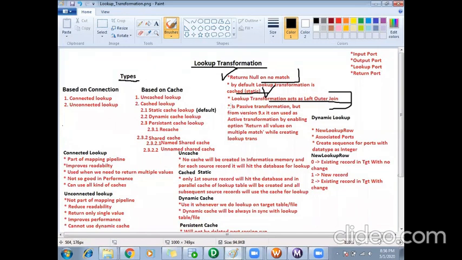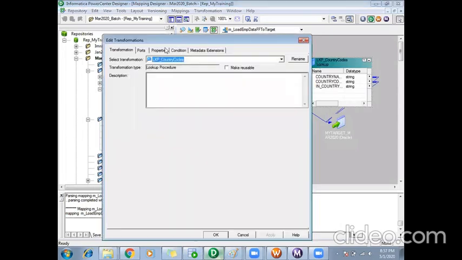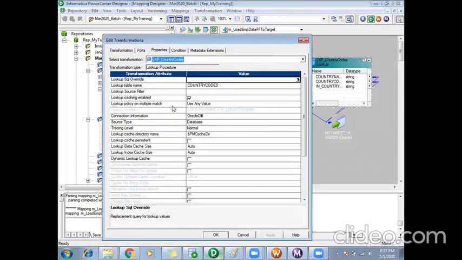And it is a passive transformation, but from version 9.x, it can be used as an active transformation by enabling the option return all values on multiple match. If you go to the lookup properties section, we have an attribute called lookup policy on multiple match.